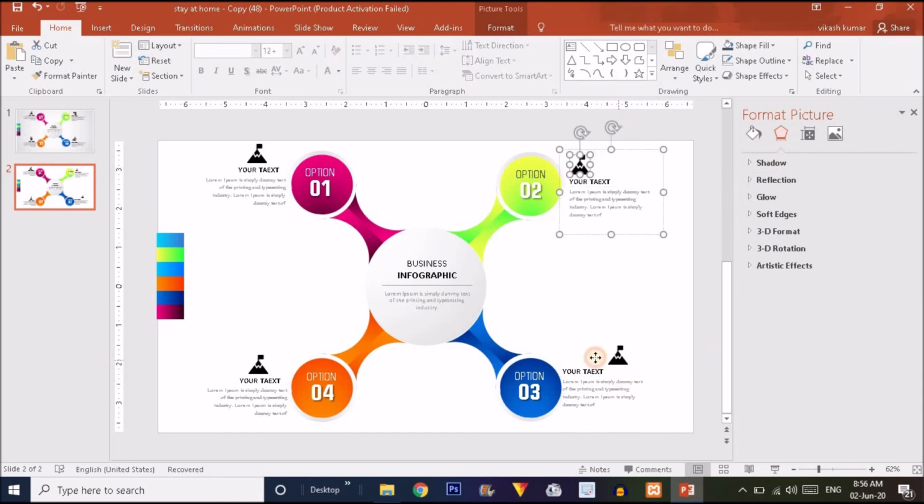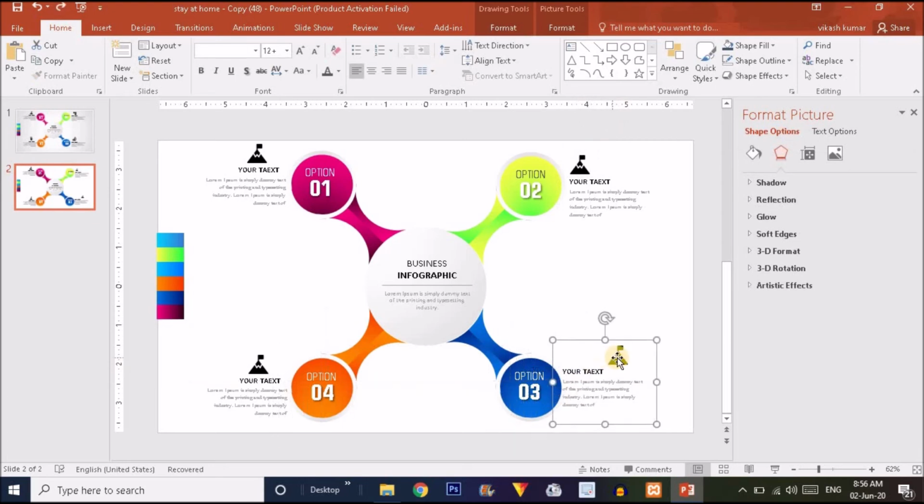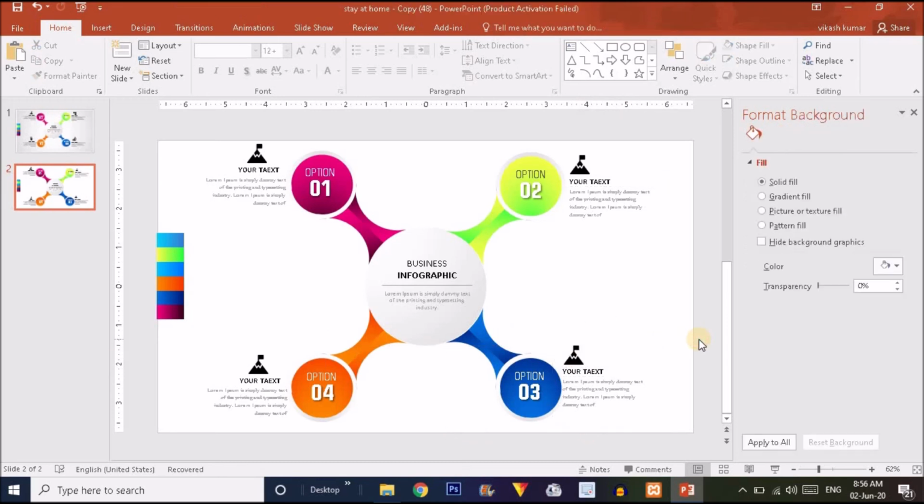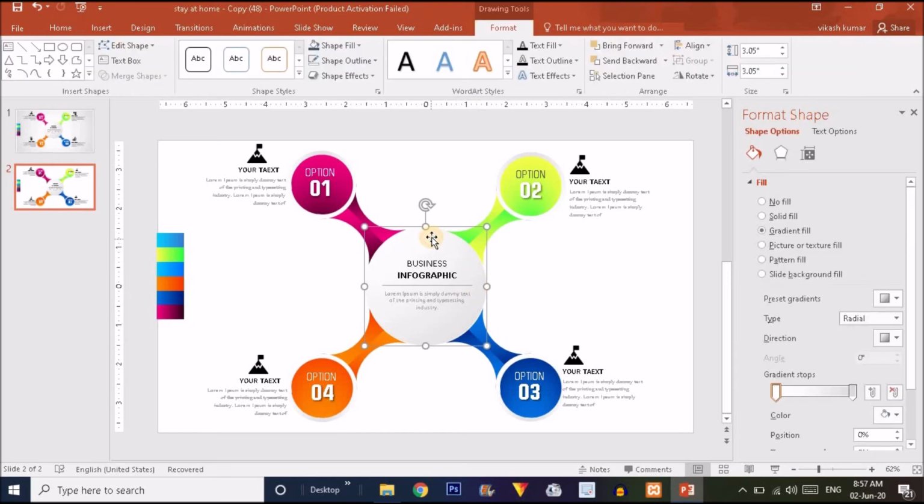and put this icon over here. You can use different icons for different text. For now I'm not going to use different icons, but you should use them as per your infographics or presentation demand. The final thing I'm going to do is add a shadow effect